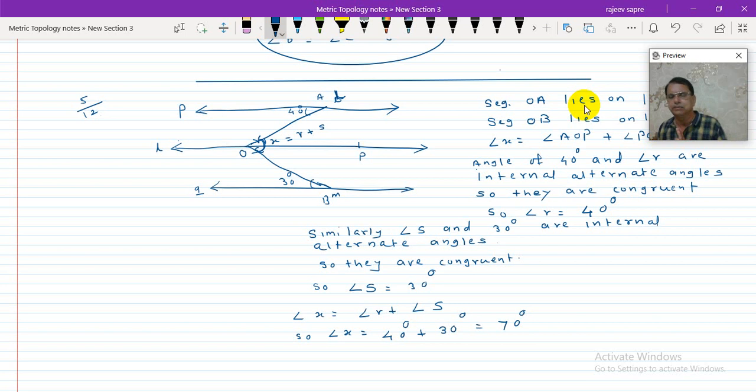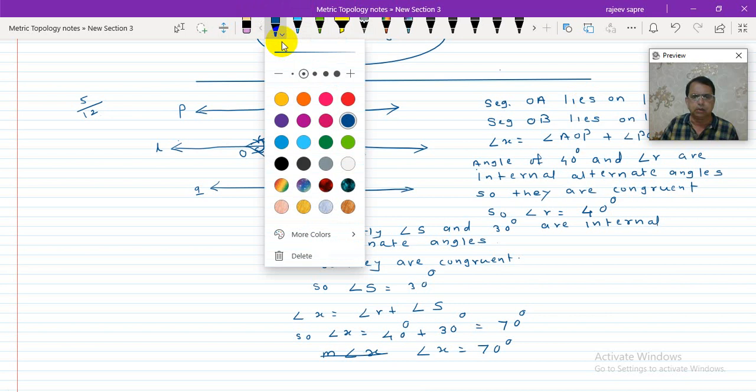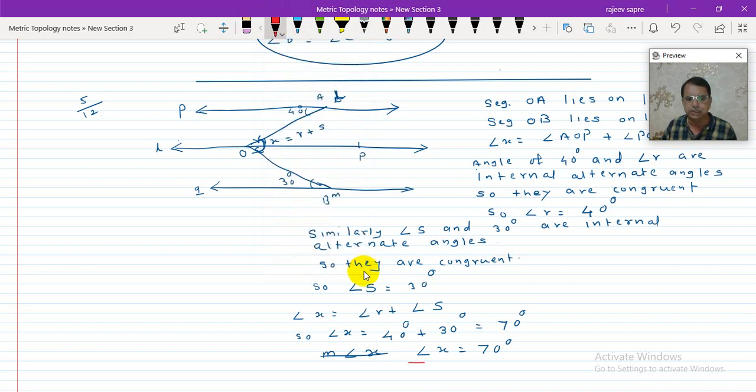But here one thing is important, that this answer is okay. So what is expected? What was expected was angle X. So measure of angle X, we will write neatly and properly, measure of angle X, or we will call it angle X only. Angle X is equal to 70 degrees. This will be the answer. I hope you understood how to write. Okay, the main issue is that the answer that you are writing must be able to